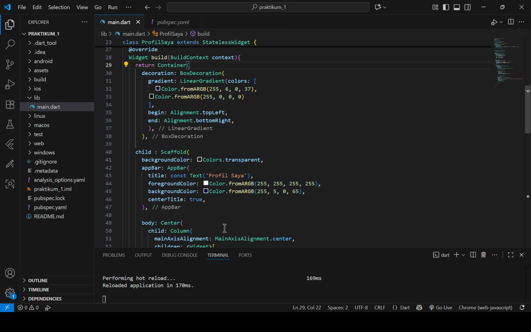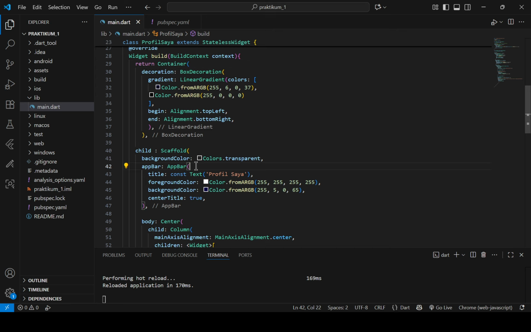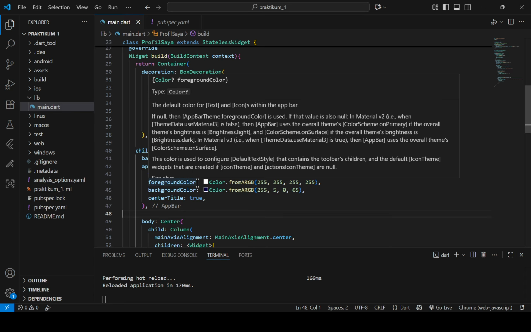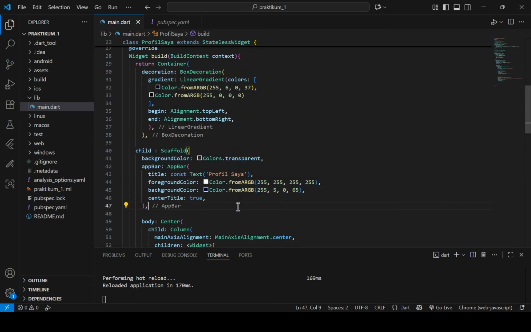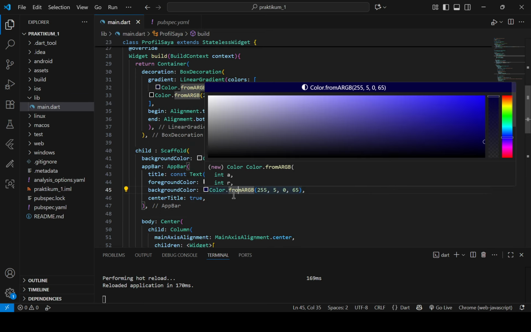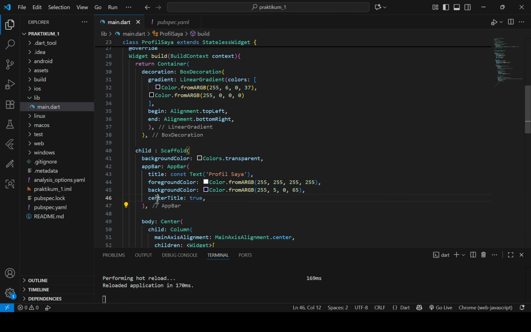Next there is an AppBar, which is very simple. I add the title, Profile Saya, change the foreground color, the text color, to white and the background color to dark blue, and add properties like centerTitle set to true, so it will be centered.